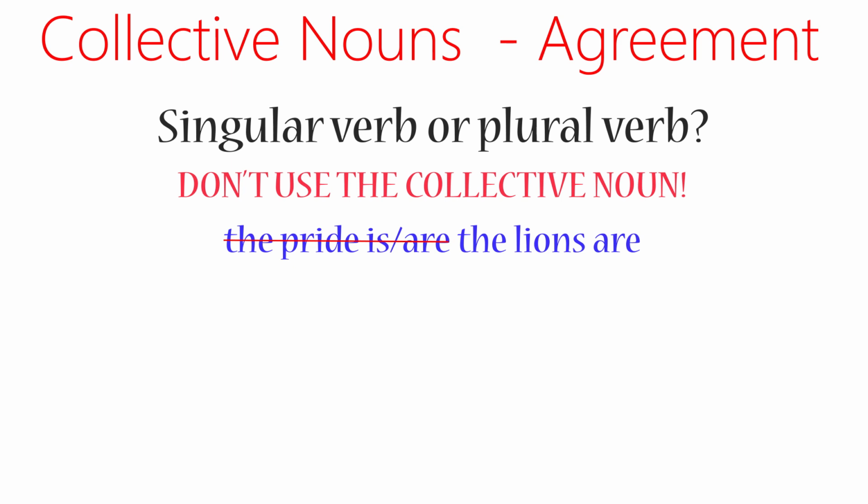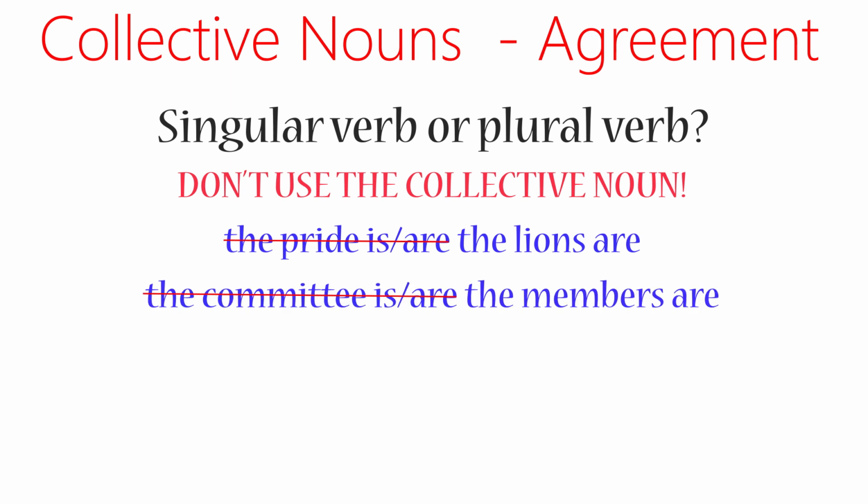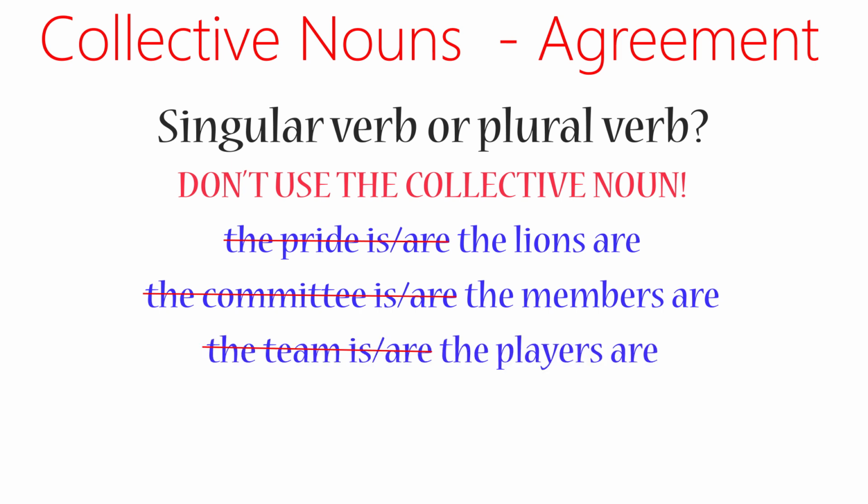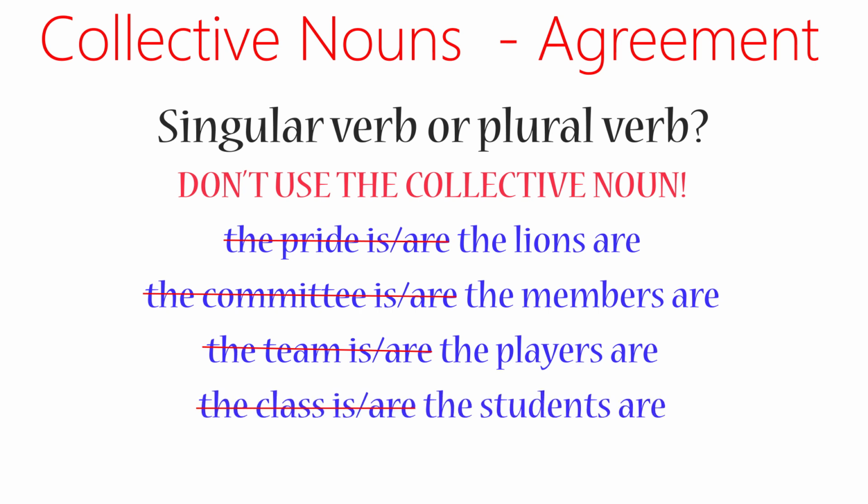When you can't decide whether to say the committee is or the committee are, say the members of the committee are. Members is plural and it takes a plural verb. Instead of saying the team is or the team are, say the players are. Similarly, instead of saying the class is or the class are, say the students are. Now suppose you can't decide whether to say the army is or the army are. What will you say